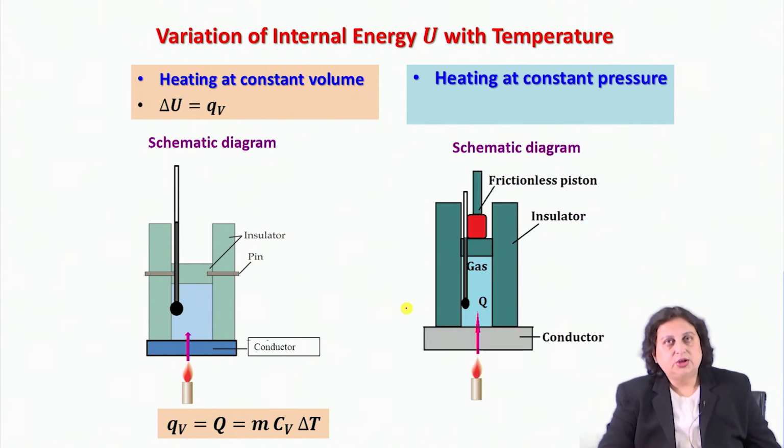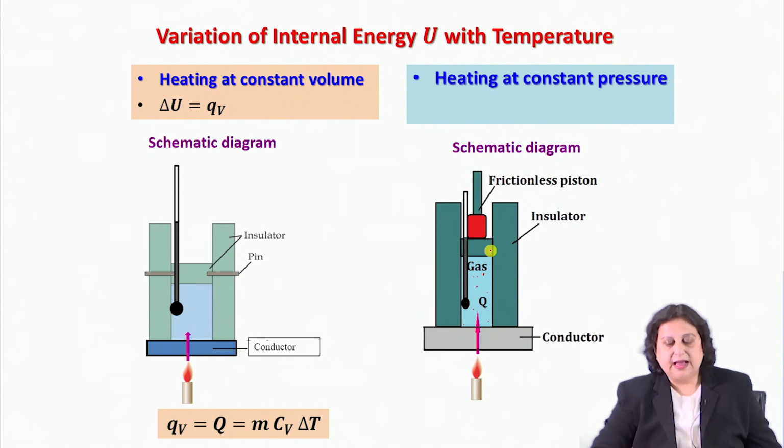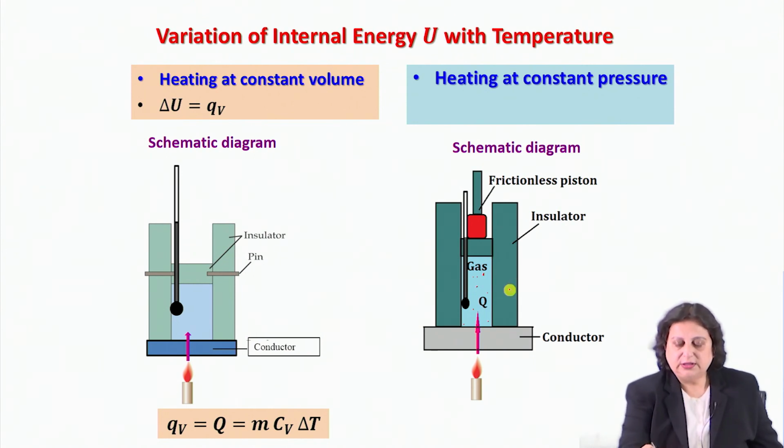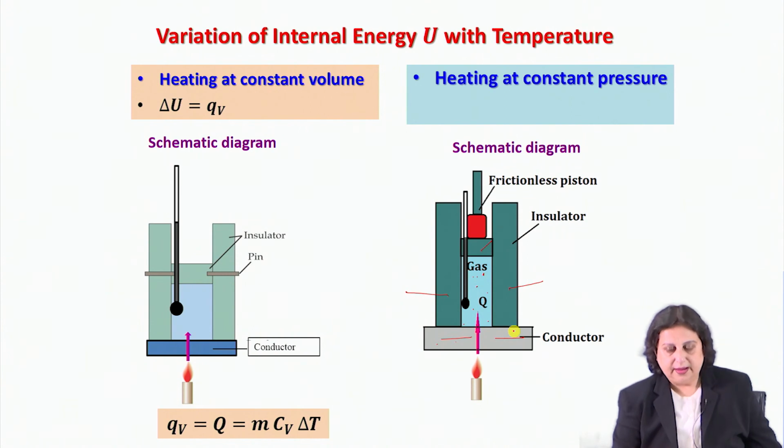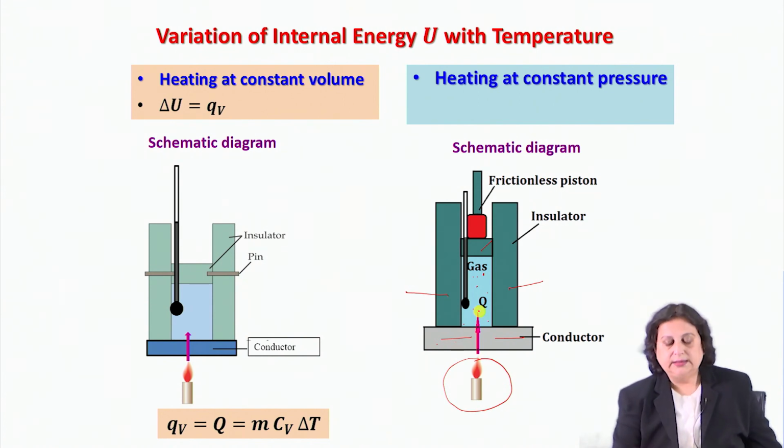If I schematically show you the experimental setup that is used to carry out such a change in state, as you see, the gas is contained within a cylinder and highlighted using the light blue color over here. As before, the gas is surrounded by insulated walls on this side, as well as on this side, and it is separated from the surrounding by the conducting wall on the bottom. Therefore, if I supply heat from the bottom, heat can be transferred to the system and the gas can get